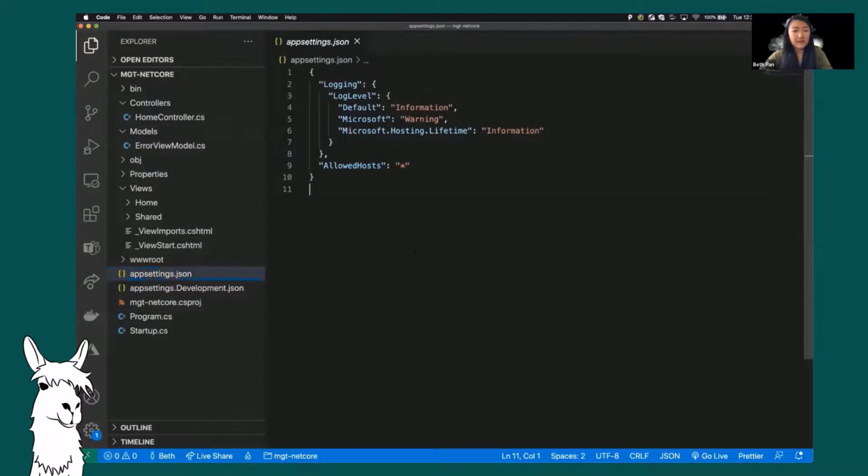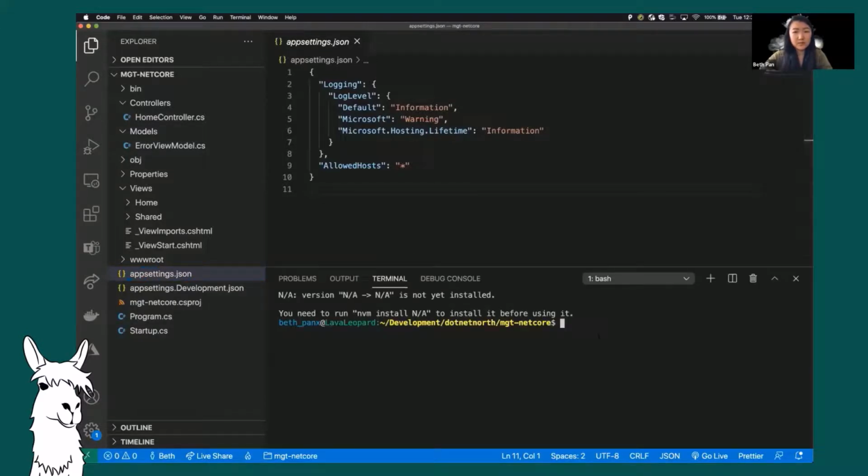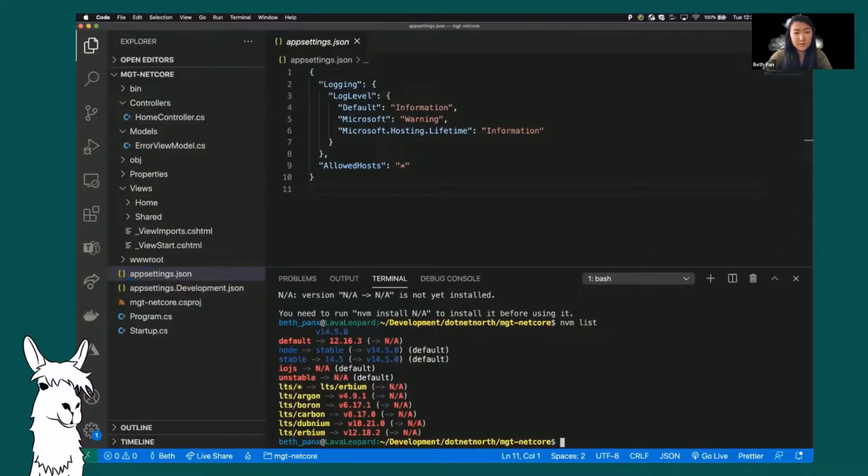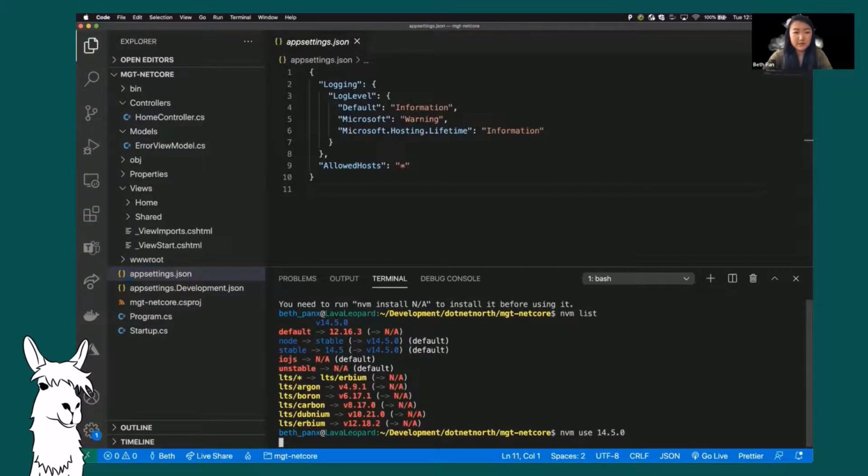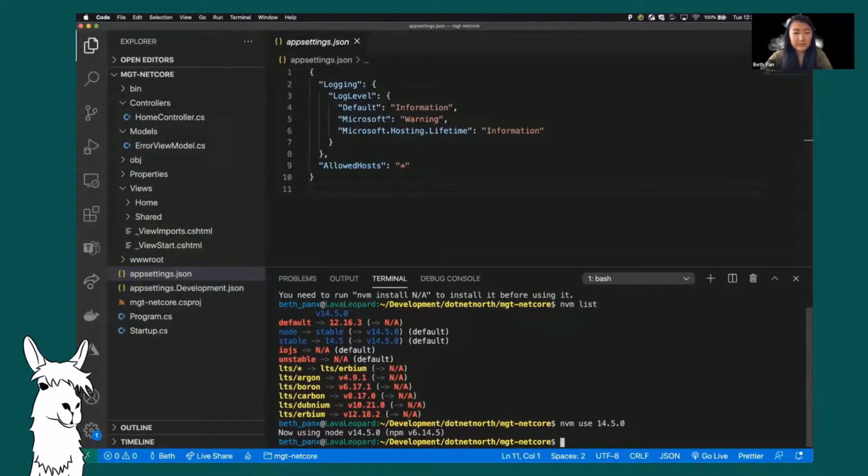Anyways, I'm going to pull up the console here as well and check my node version. 14.5.0. Just bear with me for one second. I just want to switch to the right node version before I do something within this batch. Okay, so